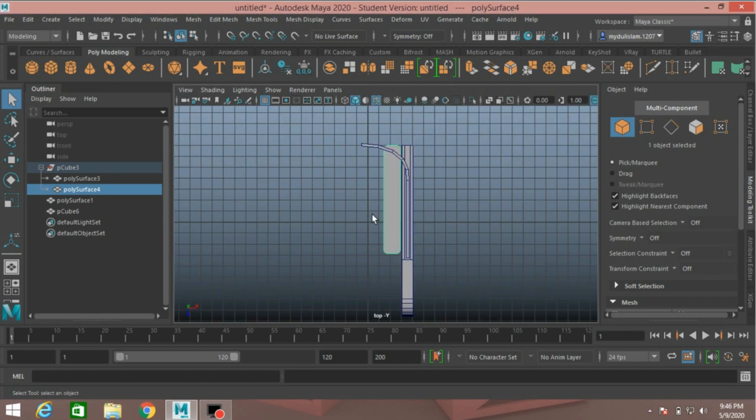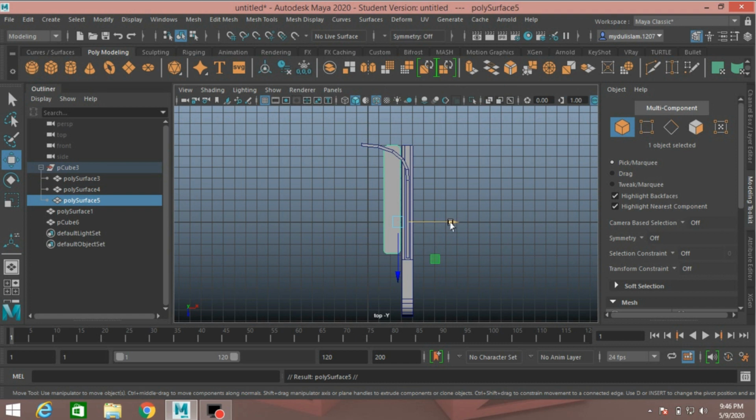Again go to top view, press Ctrl plus D to duplicate and move it here just like this.